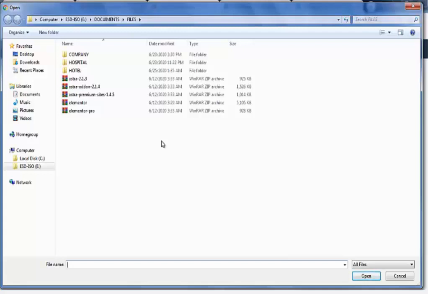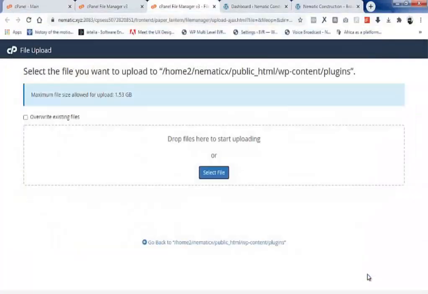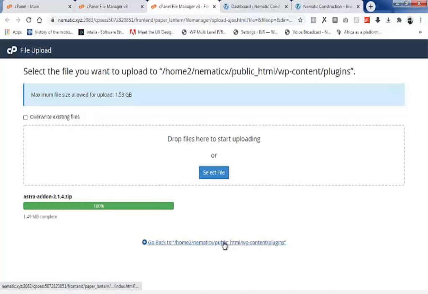Themes help you configure the look and the feel and also the style of a website. So here we're going to be selecting our Astra add-on. I'll click on open. Our Astra add-on is being uploaded, so we have to make sure that line turns green before we click on go back. Here I'm going to click on it.